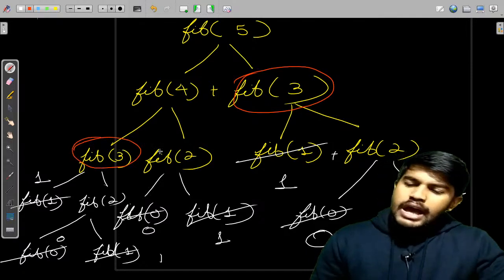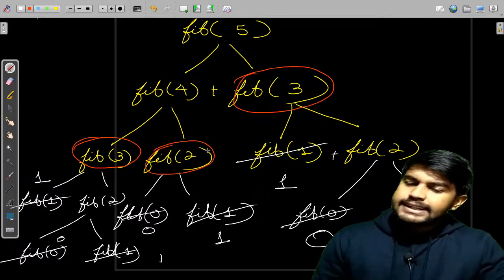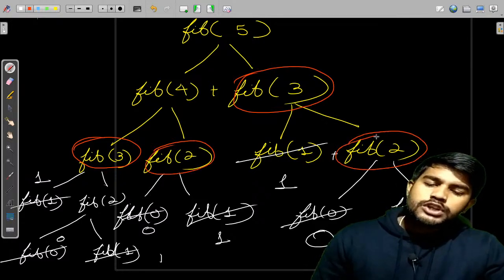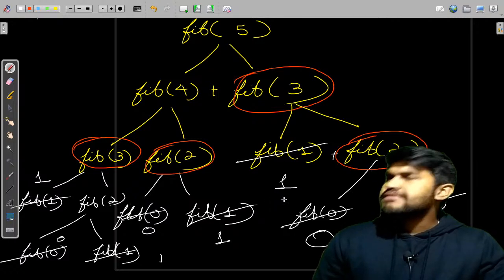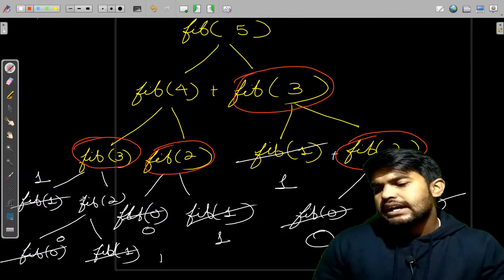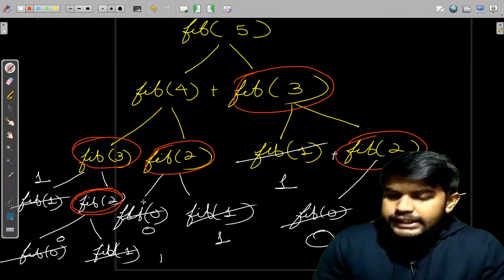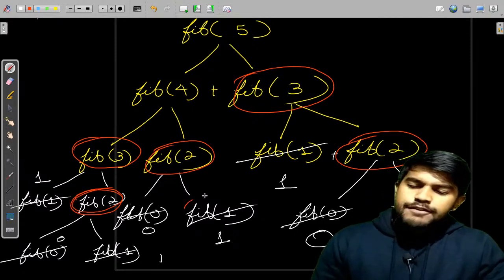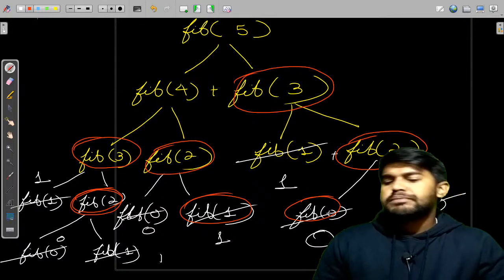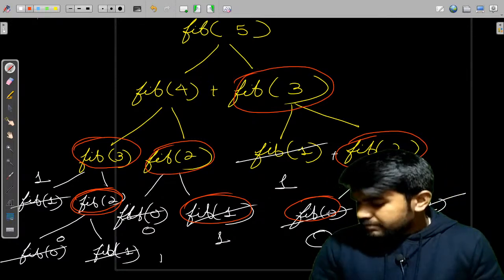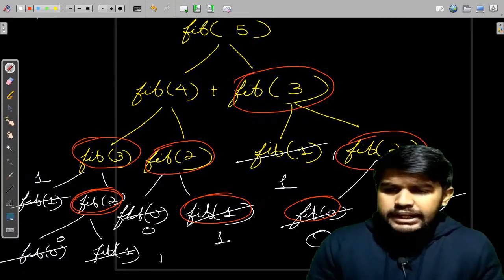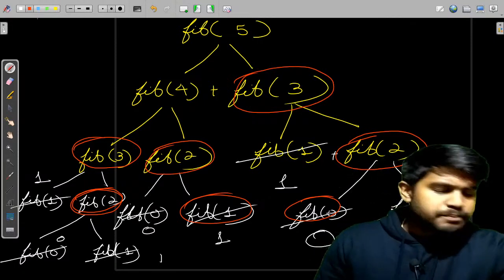And fib of 2 is calculated here and fib of 2 is also calculated here. So we are calculating the same value multiple number of times, and fib of 2 is also calculated at this point, and fib of 1, fib of 0, many things are calculated multiple number of times.